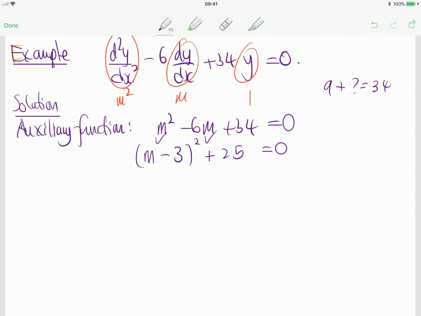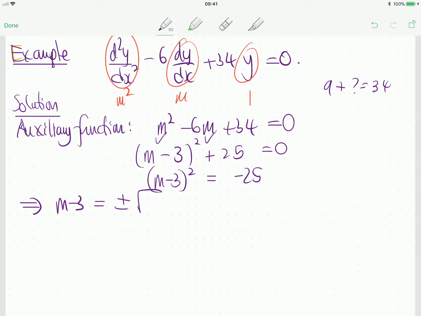Okay, that's the way I do it. There's some alternative ways of solving that. This is what works for me. So to find m, I'm going to take the 25 to the other side. So I have something squared is a negative number. It looks like I'm in the territory of complex numbers. So taking square roots,